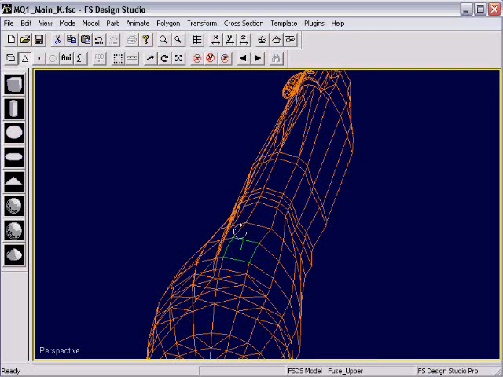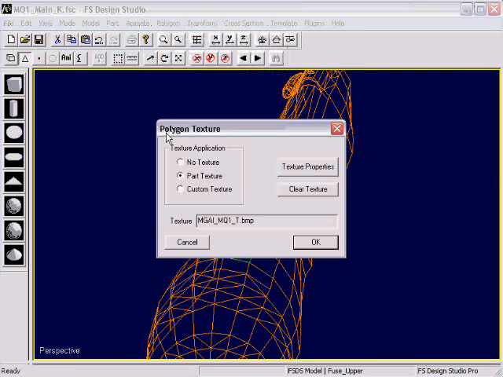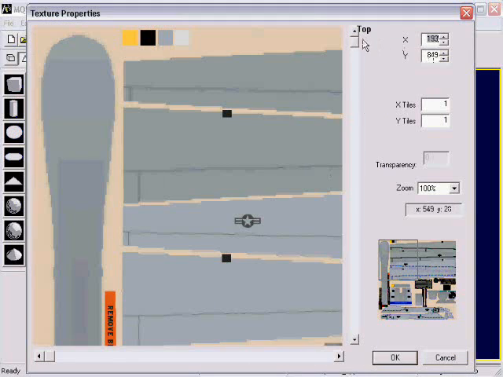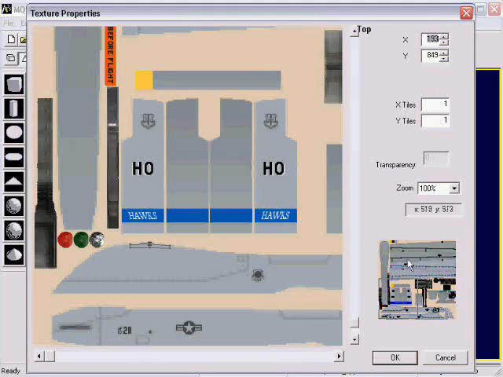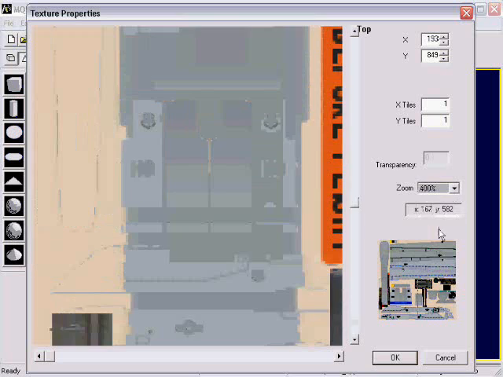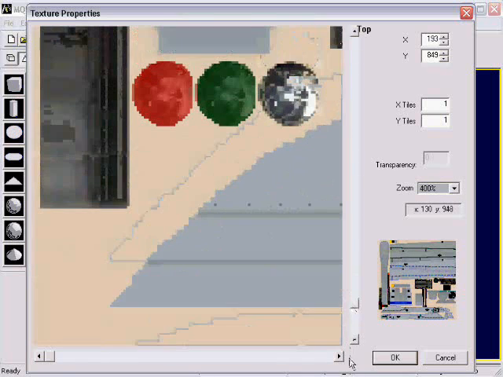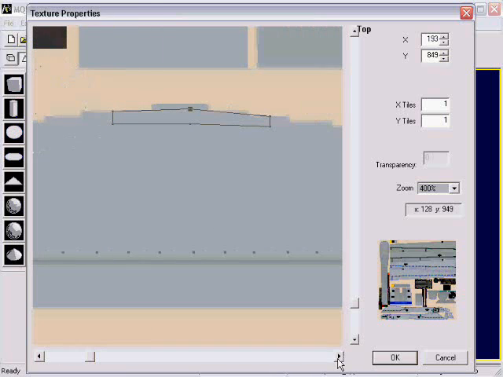Let me go up here, go polygon texture. Yes, it's already got the custom one. Let me come into the part here, to the texture, and scroll down and show you where it is. And let me zoom in so you can see that this one already has a polygon texture assigned to it. So I've already obviously worked on this previously, but actually I take that back, I haven't. This is taking up the original shape, and if you can see this close enough, there's a little tan area here that it's picking up, and a little tan area here that it's picking up. Well, what I can do is come in here and just roll this all down,